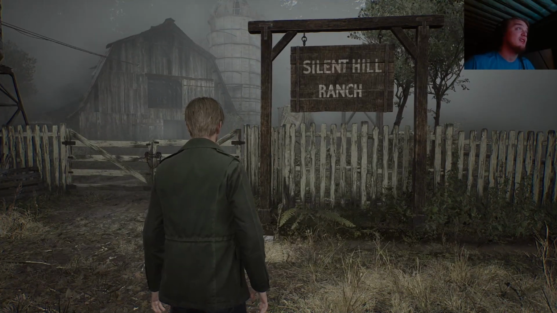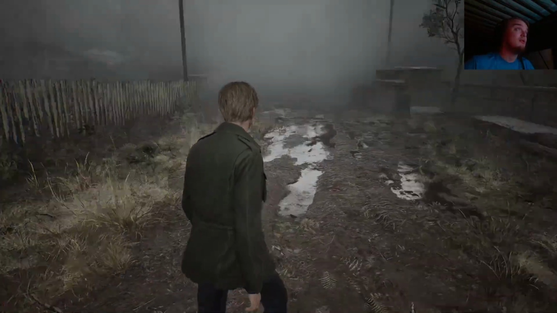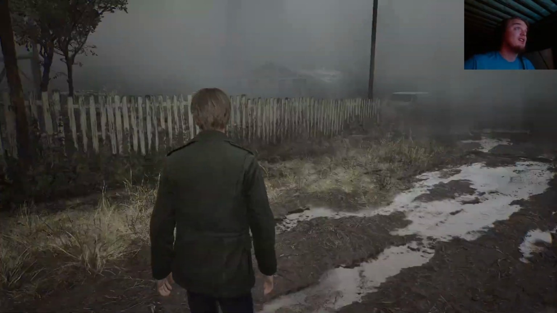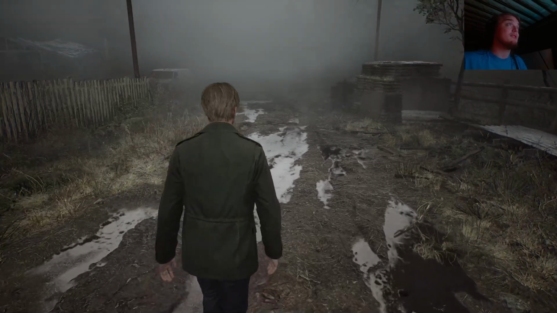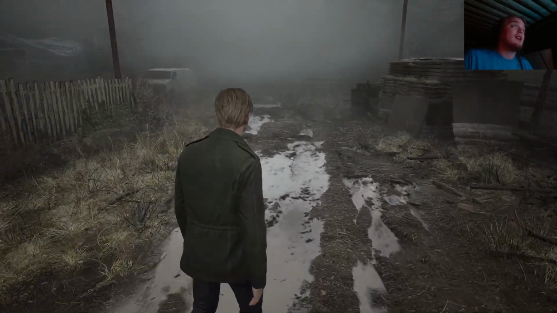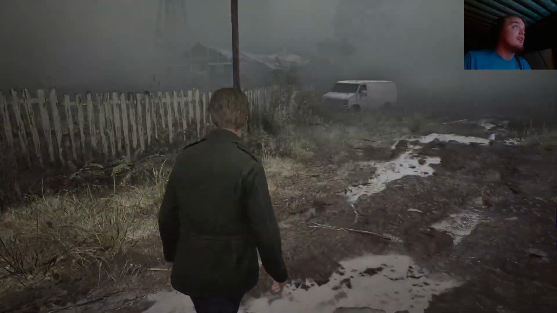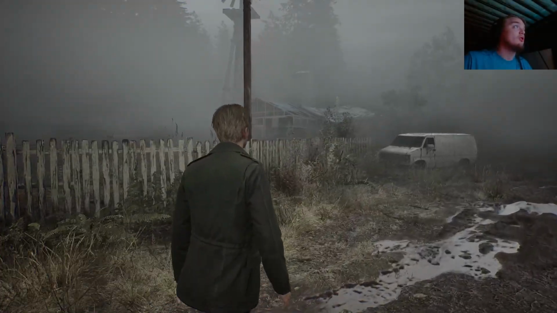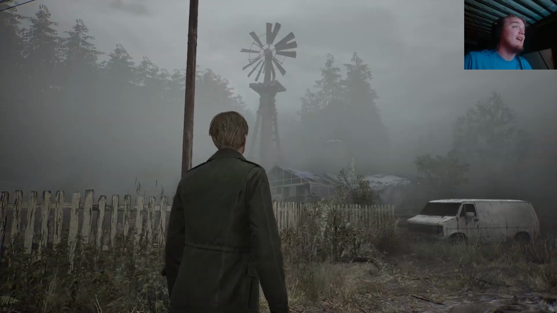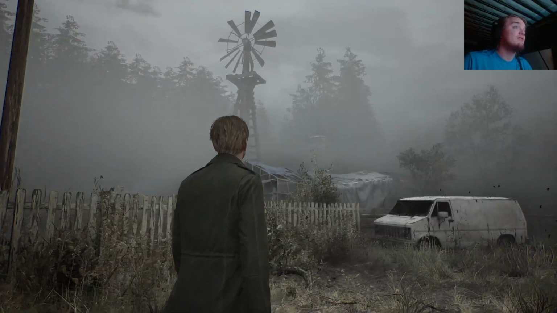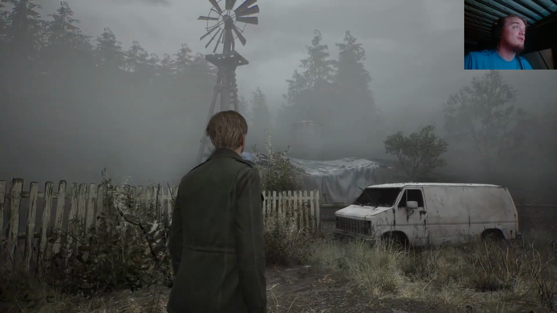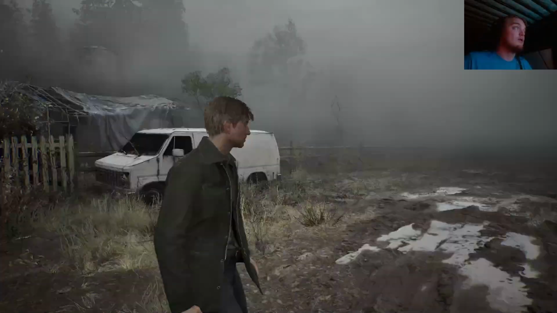It was so surreal. In fact, that kind of captures the whole vibe of the town, where you could see the normality here, and yet it's all gone. And it adds that sort of atmosphere.